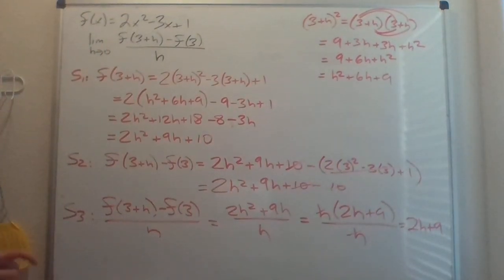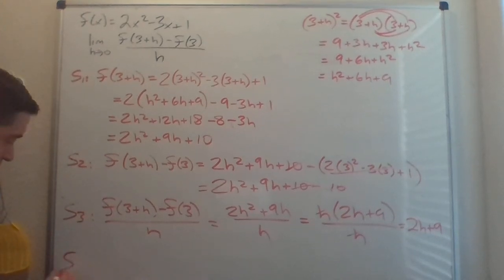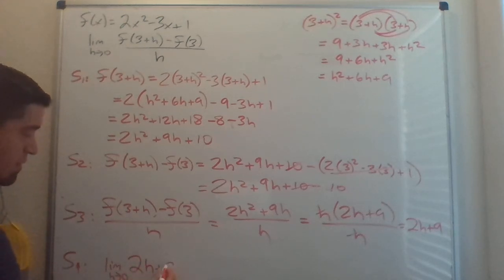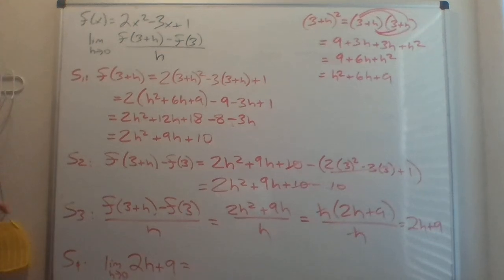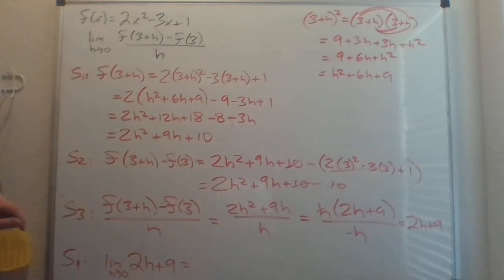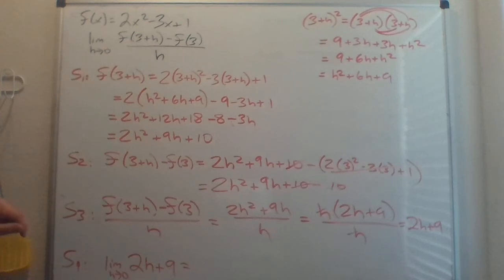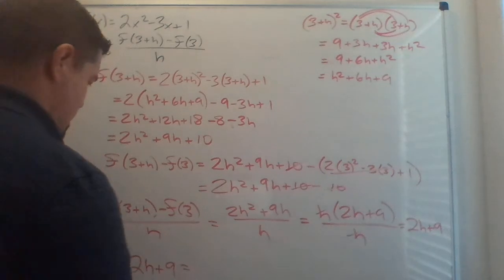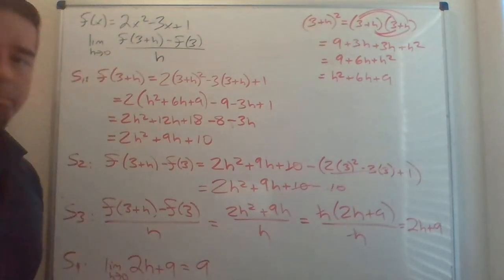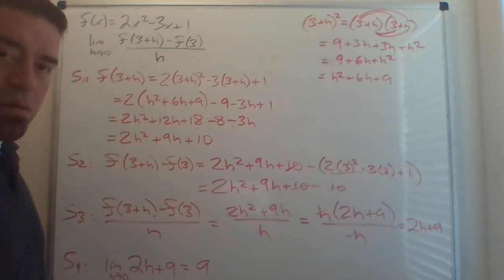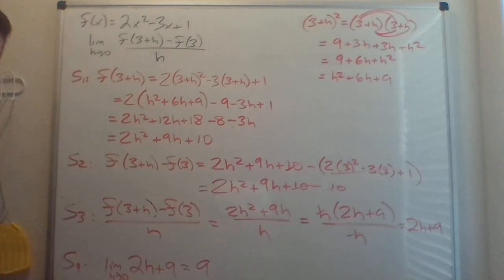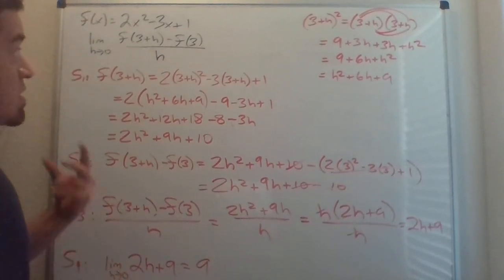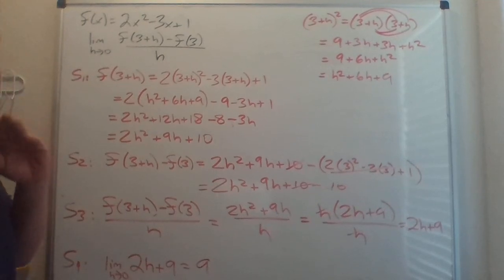So I'm almost done. Step 4 would be evaluate the limit as h approaches 0 of 2h plus 9. Okay, so this will end up being, plug in 0, you end up with 9. Okay, so that's how you calculate the difference quotient,